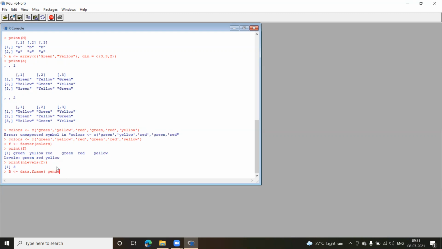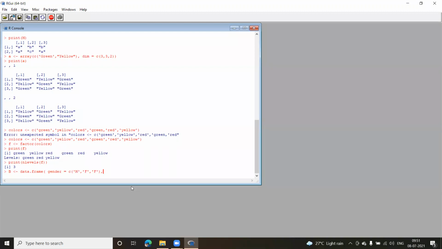Let us say gender equal to. Now, when I'm assigning multiple elements, remember we need to pass vectors. So gender equal to c, round bracket. Because I'll be having 3 records, let us initially have only 3 records here. For male I'll put M, one more female, and one more content as again female. Let us put F again. So this becomes 3 values for my column gender.